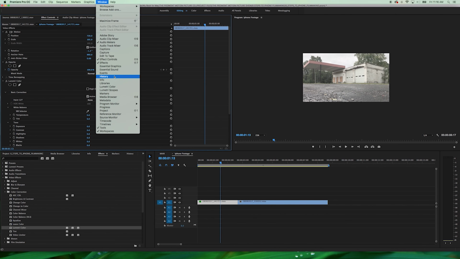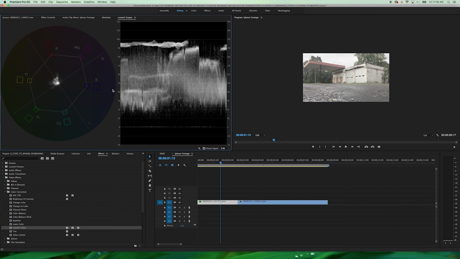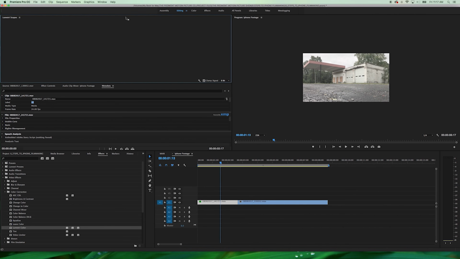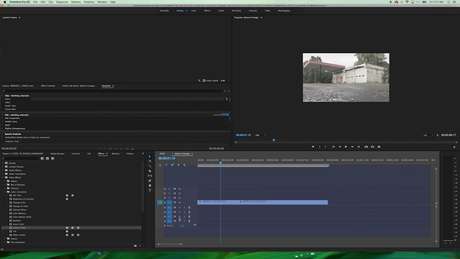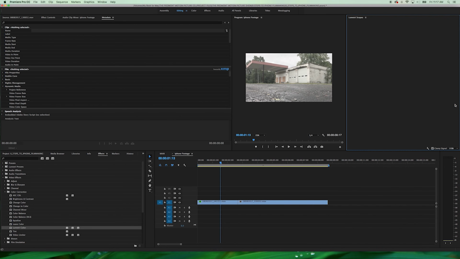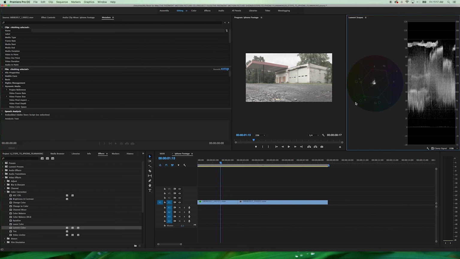If you want to get really professional, you can use Lumetri scopes and histograms to adjust your footage using some more scientific methods. I, however, am no colorist, and I usually kick things off by using a LUT or lookup table. These are basically presets for color that automatically adjust the levels of your footage. There are lots of LUTs built into Lumetri, and there are plenty of places online where you can buy some really great specific LUTs. These shots here are kind of dark and dreary since it was raining, so I went with some horror movie LUTs that I bought online a while back.